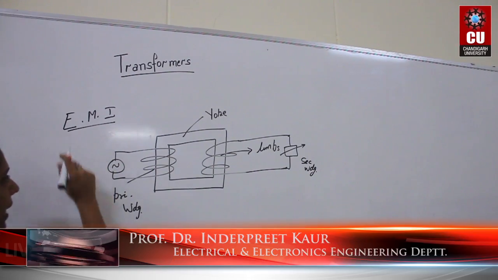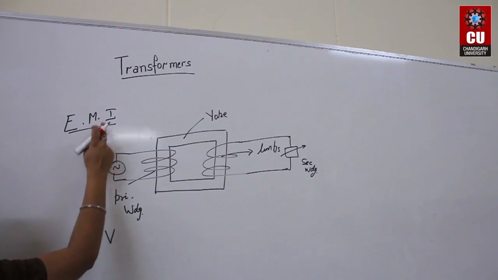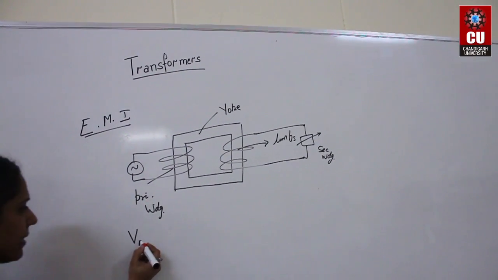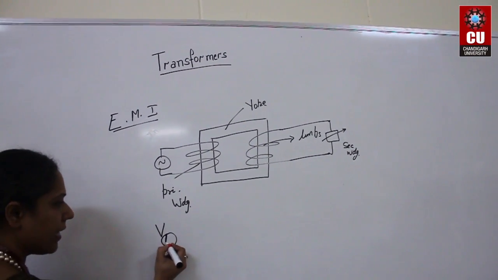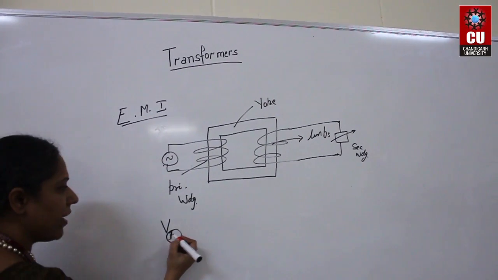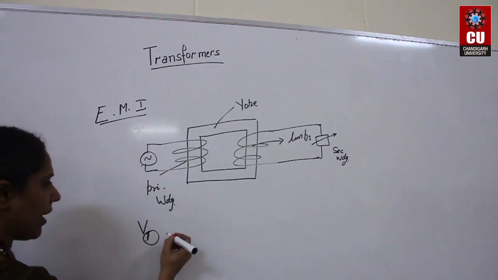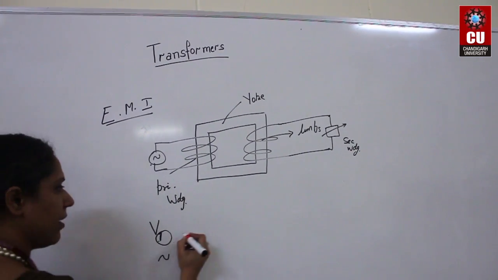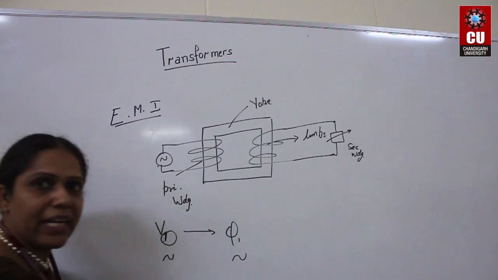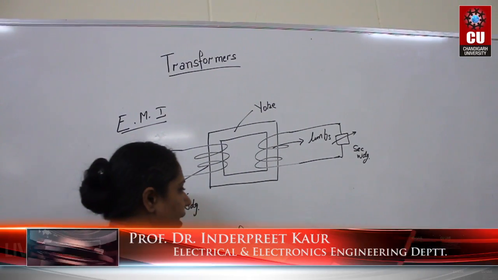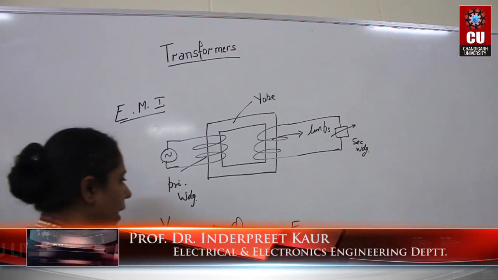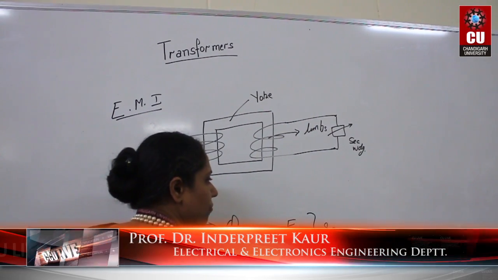Due to electromagnetic induction, the basic working of transformer involves when supply has been given to the transformer. This subscript 1 shows that it is the component or the parameter corresponding to primary side. So when V1 has been supplied to the primary winding, which is AC in nature, magnetic flux will be there, which is also AC in nature, and due to Faraday's law of electromagnetic induction, E1 is induced. This is basically due to self-inductance.